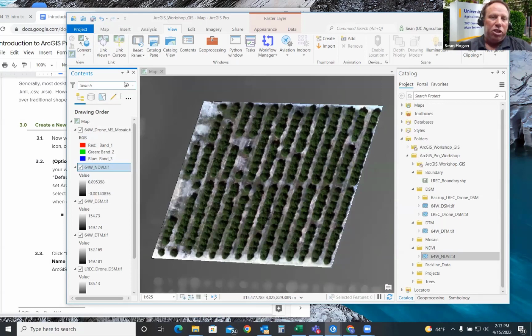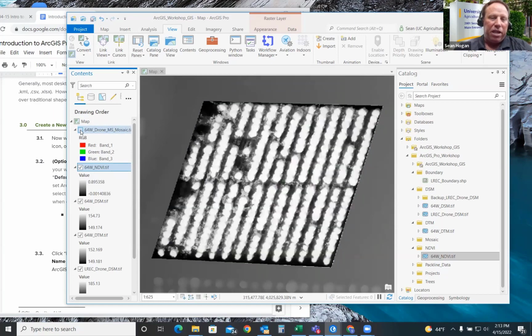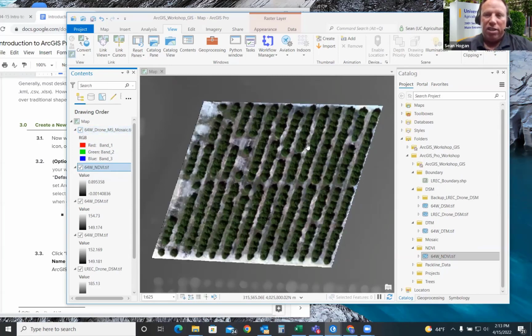Click there and it jumps you right to that area. But again, the mosaic is covering it up. So we can turn off that top layer, and then you see this NDVI display of the field derived from the same data set that we just turned off. And turn that back on. We'll work on changing the symbology of that shortly.